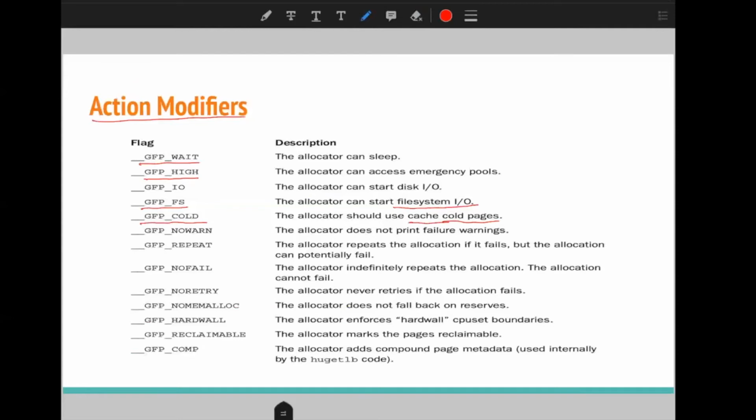Similarly, we have GFP_REPEAT. It will try to allocate the memory, and if it is not successful, then it will retry. Very similar to this, we have GFP_NOFAIL. It will continuously check if our memory is allocated or not, and until it is allocated, it will keep trying again and again.